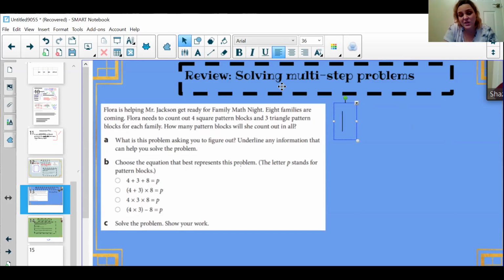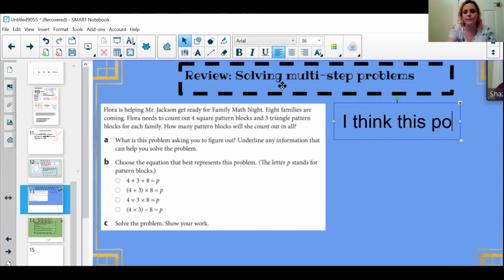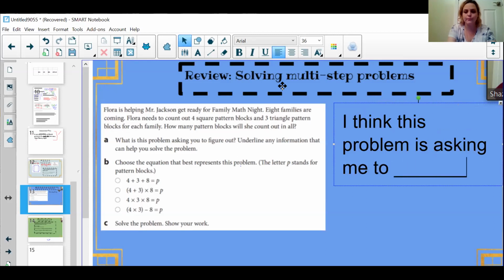Question A is, what is this problem asking you to figure out? Underline any information that can help you solve the problem. You don't have the problem in front of you and you don't have to rewrite it, but you can write down key information. What are some of the numbers you see in the problem? And then what is it asking you to do? So you might write something like, I think this problem is asking me to, because,